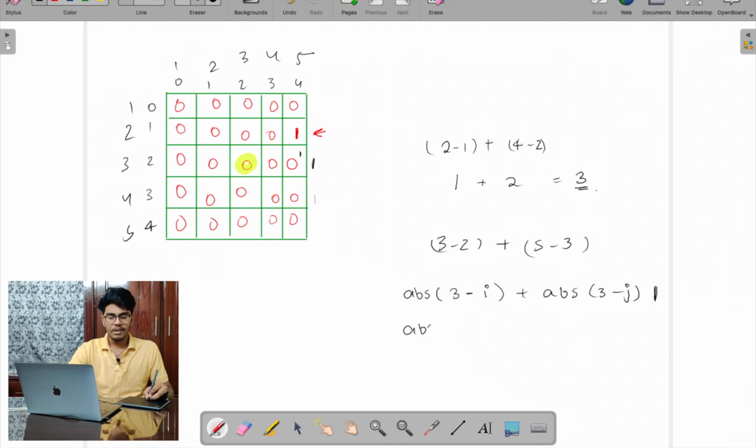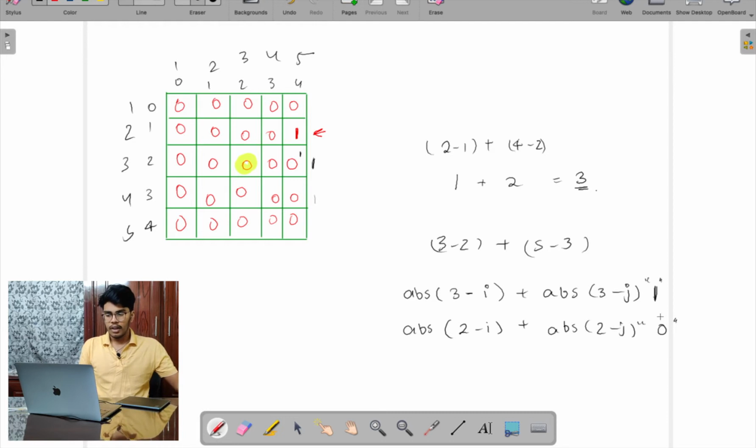If they're in 0-based indexing, I'll take the absolute value of 2 minus i plus the absolute value of 2 minus j. So it only depends on the indexing you choose for the for loop. Let's do 1-based indexing as in the question itself, so we'll do the absolute of 3 minus i plus the absolute of 3 minus j.